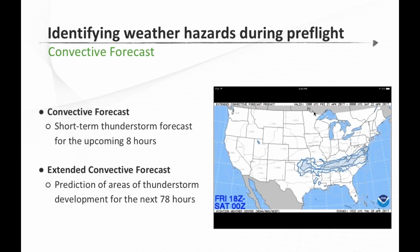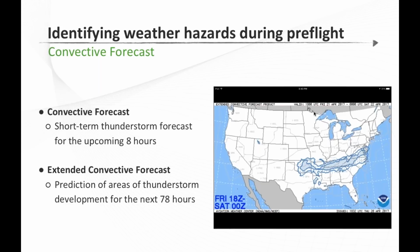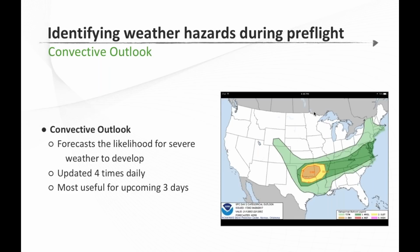Now the partner to that is the extended convective forecast. This is going to go out to 78 hours in the future. So again, if you're planning a trip a couple days down the road, want to get a feel for what the activity might be for long-range planning in terms of thunderstorm activity, that extended convective forecast chart is a great help there. Now another resource, and this one is referenced quite frequently on TV, the Weather